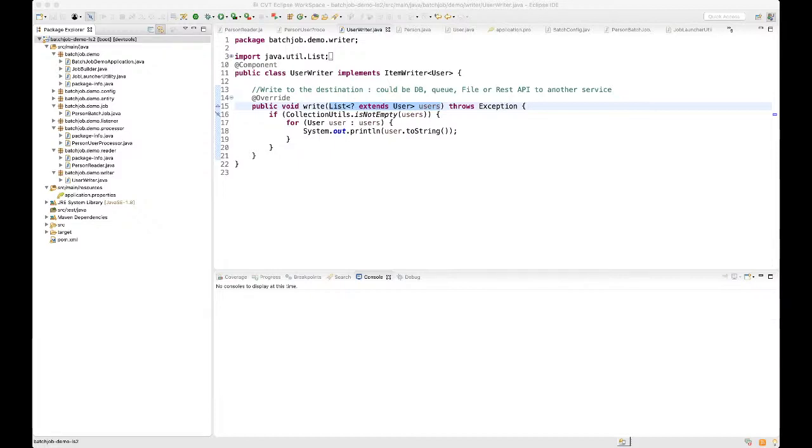It is taking too much time, pardon me for that. Okay, it is launching the batch job application.